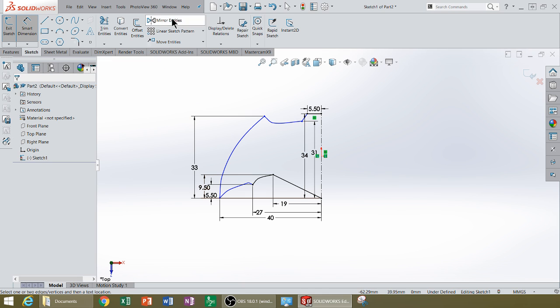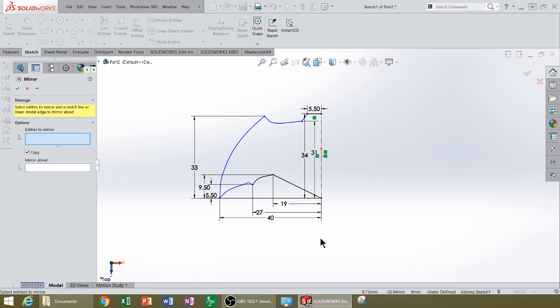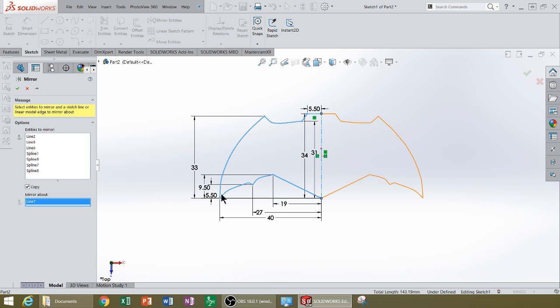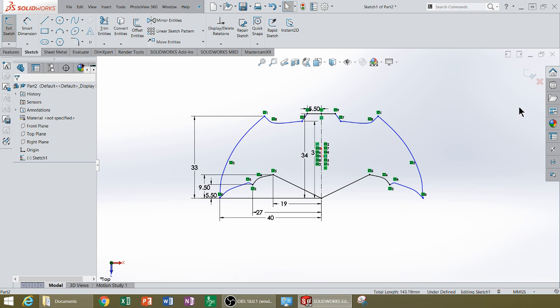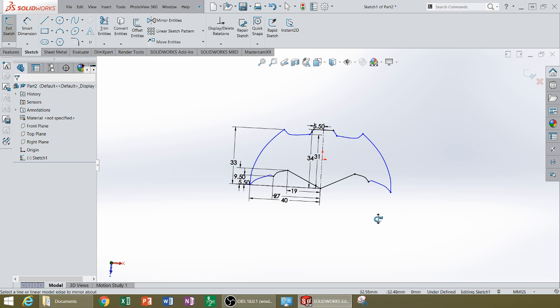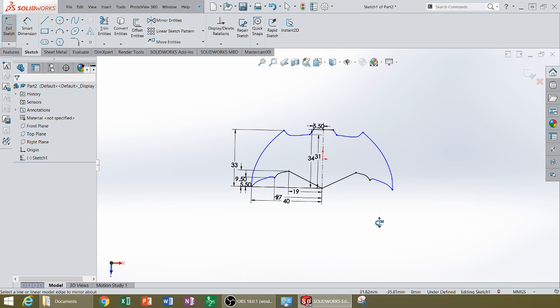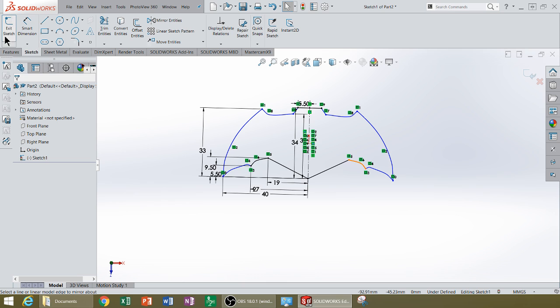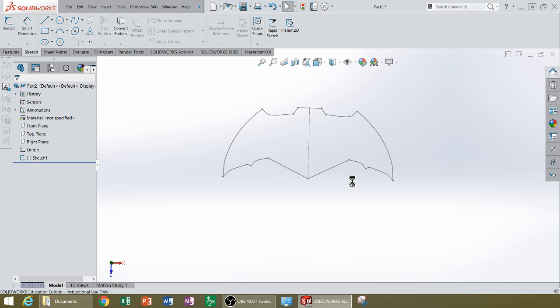So now what I'll do is mirror my entities. Easiest way to mirror them, just select everything in the drawing, and then choose my mirror line. And now you'll see what I've done is I've essentially made that little Batman looking shape. Batman/Superman. So from this sketch, it's not fully defined, and I would encourage you to fully define your sketch and